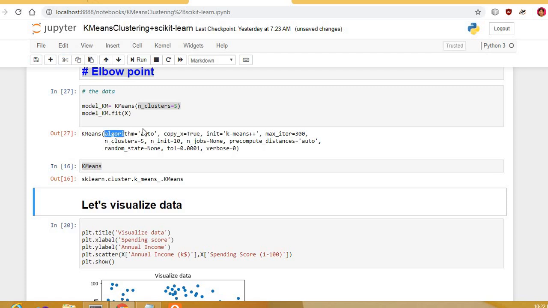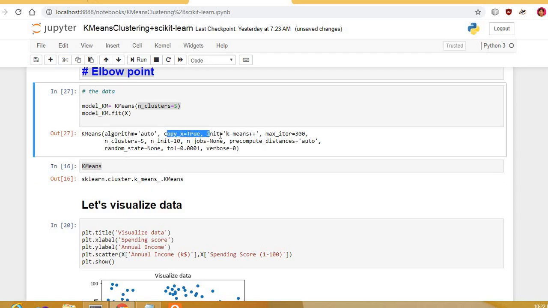You can see the parameters: algorithm is auto, copy_x is true, init is k-means++, maximum iterations allowed is 300, number of clusters is 5, n_init is 10, n_jobs is none, precompute_distances is auto, which is the Euclidean distance, and random_state is none. We are not going to assign a random state, nor specify the size of the cluster; a cluster can be of any size. Tolerance level is 0.0001, verbose is 0.